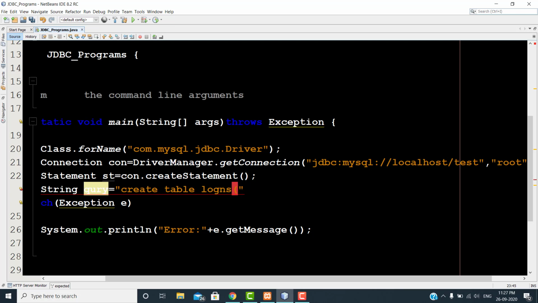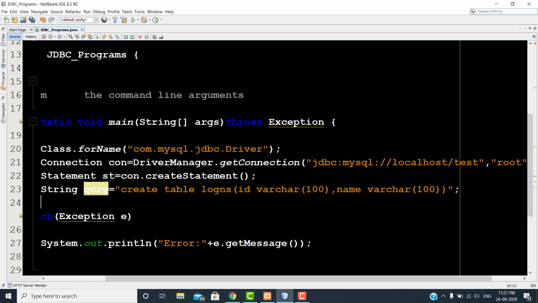I'm taking only two parameters. The first one is id, varchar 100. The next one is name, which is also varchar 100. Save your program.